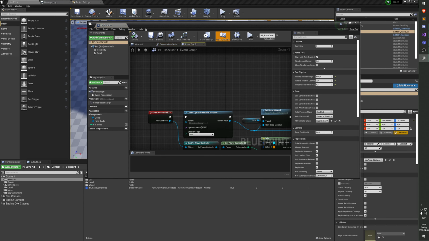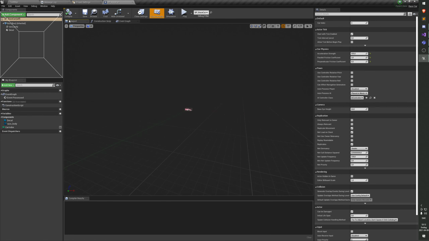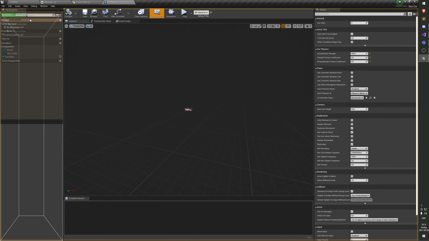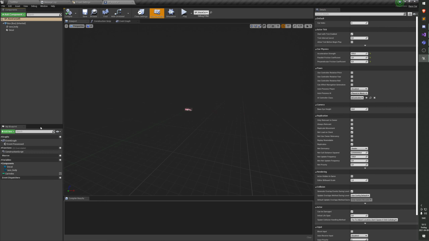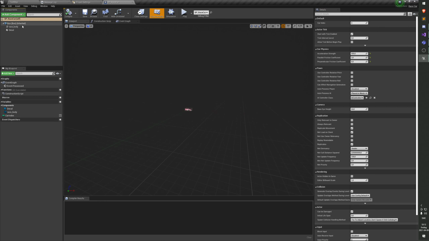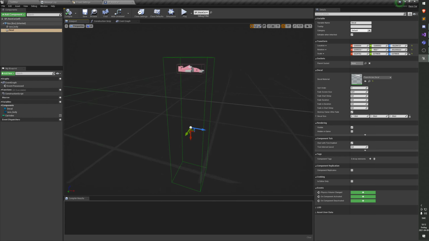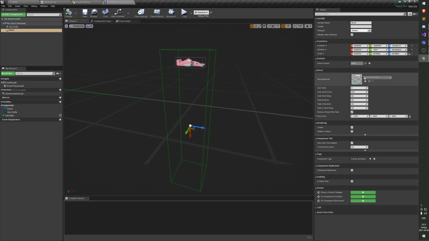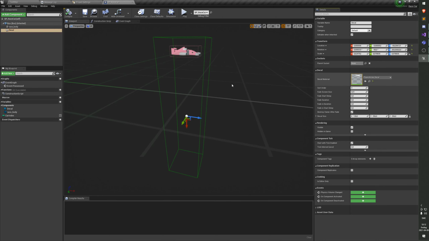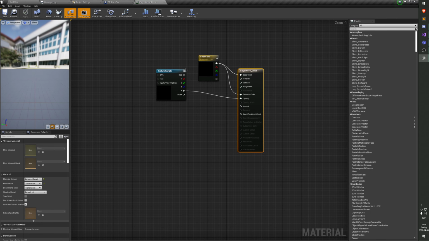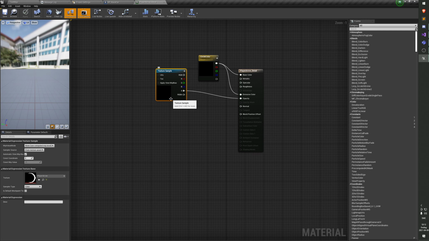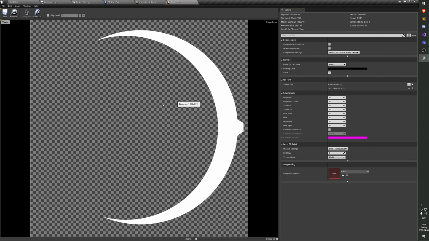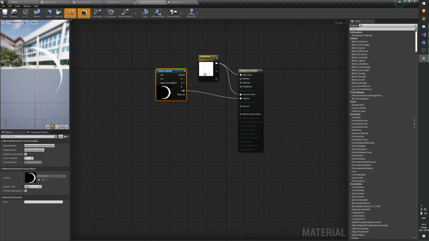Okay, so we added a little decal component to the car. Made it all big. And then we made a little decal material here. I made a texture that looks like this, right here. And then I made a decal